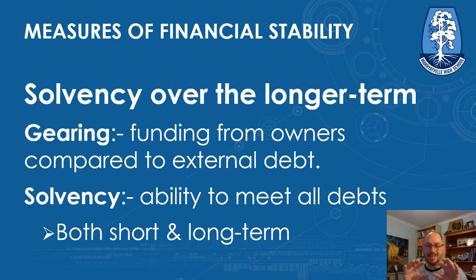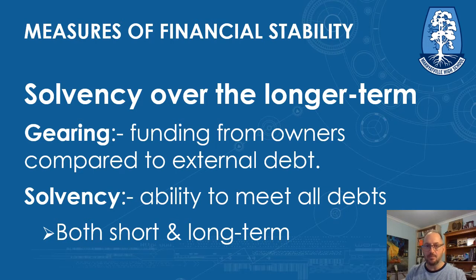So instead of looking at simply current assets and current liabilities, we're now going to be looking at total assets and total liabilities. And this is about funding. It's about gearing. Gearing is your level of funding that you may have from owners compared to external debt. If you're geared, then you have high external debt. You're geared up. You've taken your piece of equity, borrowed a whole lot more money, and that's what's called leveraged